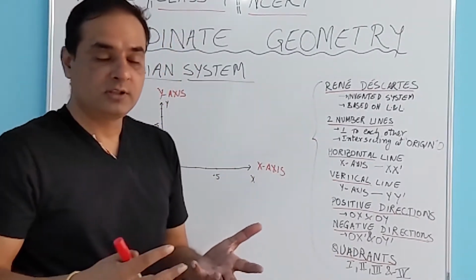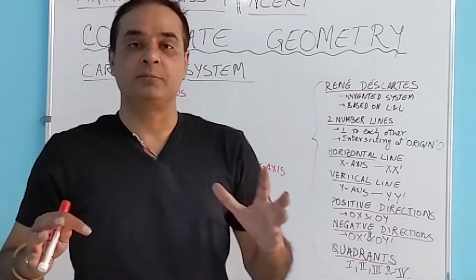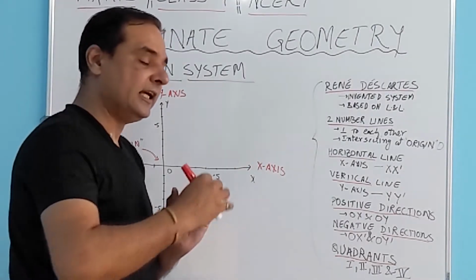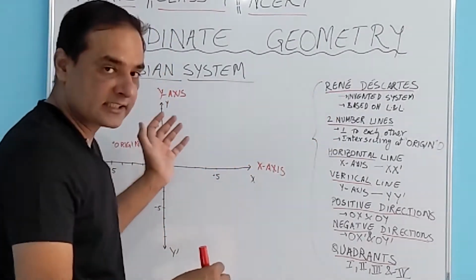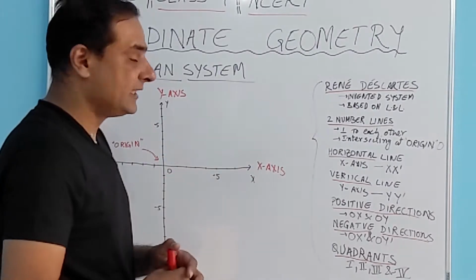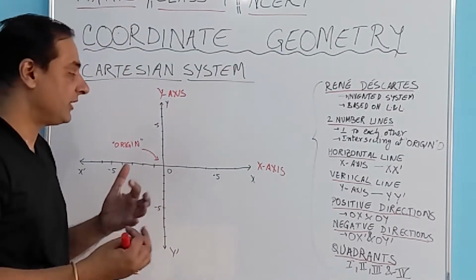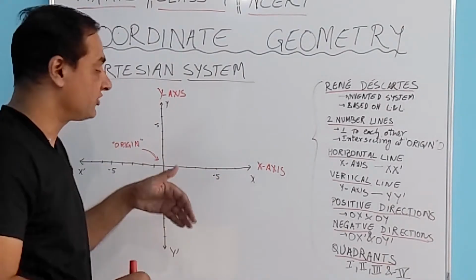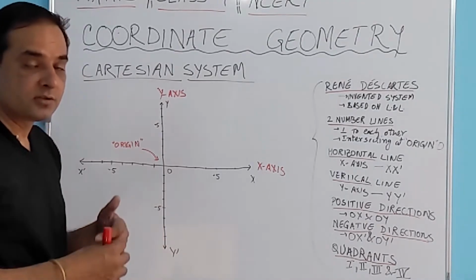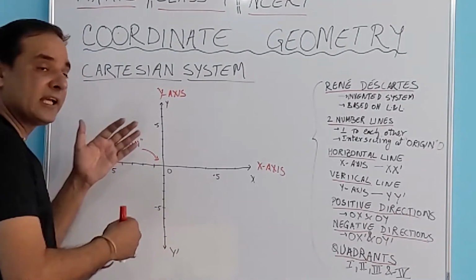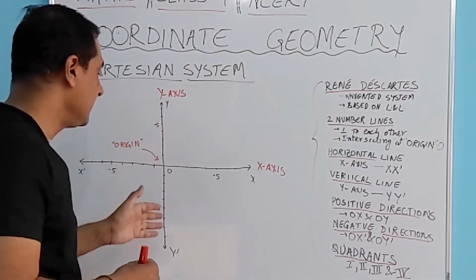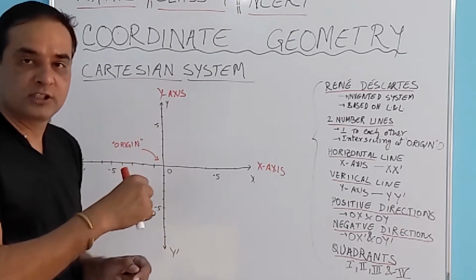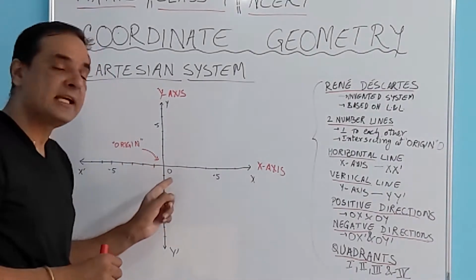So we already know that usually we represent points on the number line. On this number line there is the origin, which is known as 0, and then on the right hand side it is the positive direction, on the left hand side it is the negative direction. René Descartes invented a method where he said that there will be two such number lines plotted on the paper, they have to be perpendicular to each other, and they are going to intersect each other at the center point where the reading for both the lines will be 0. This will be called the origin.